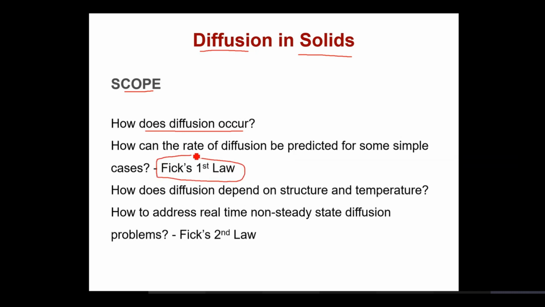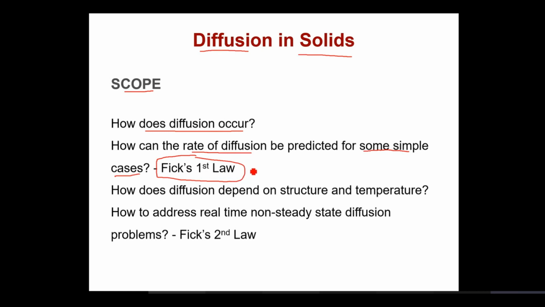It is basically the law that predicts the rate of diffusion of a species into another species, and this is used for some simple cases. Why do we say it's used for simple cases? Because we assume that the diffusion is taking place under steady state conditions, which simplifies much of the problem. So this Fick's first law is basically used for steady state conditions,